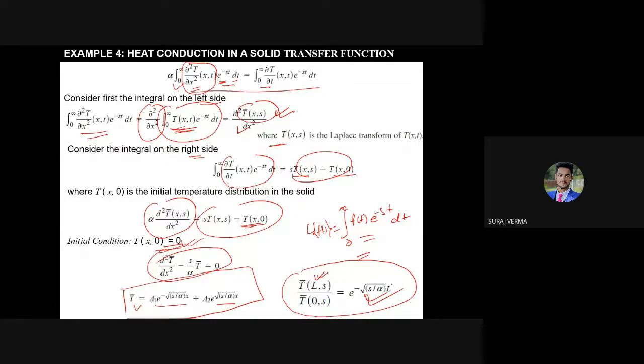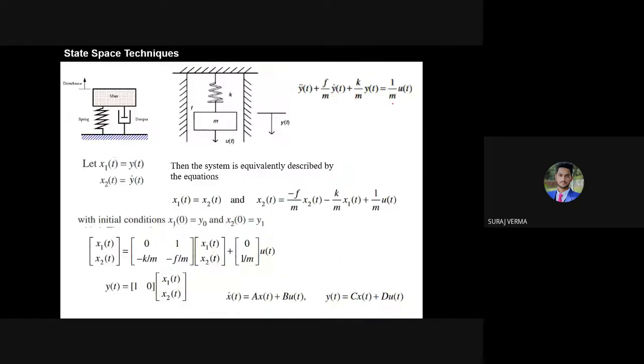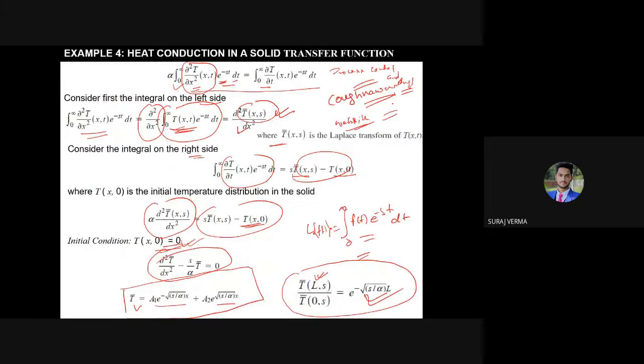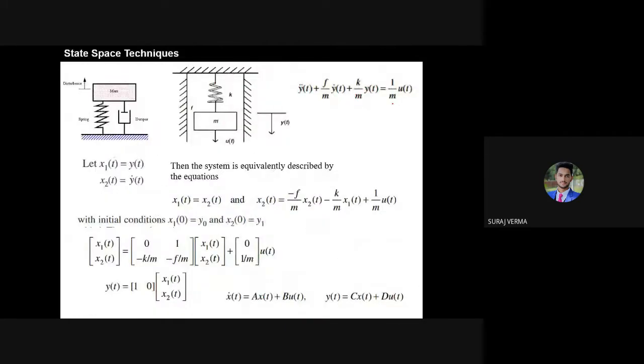So this is the ultimate transfer function. ओके, तो आपको इसके रेफरेंस के लिए the book I am referring is Coughanowr, it is publicly available on the website, आप इसको डाउनलोड कर सकते हैं। The title of the book is Process Control Analysis, I think. Process Control and Analysis and something else, I don't know, but I will post it after the class in the classroom. Okay, right? So now I'm coming to the next portion, that is the state space technique.